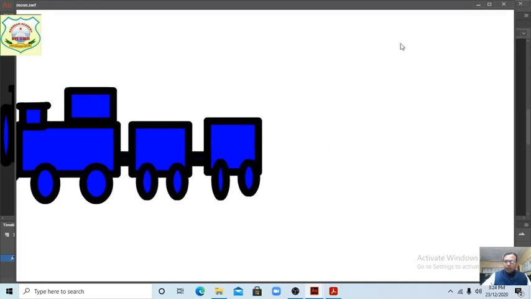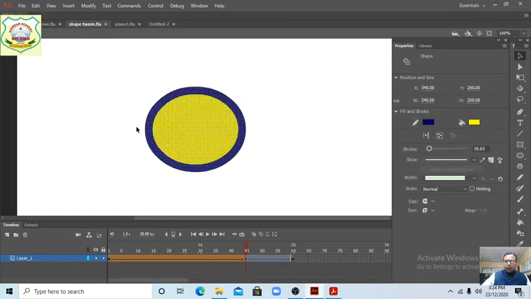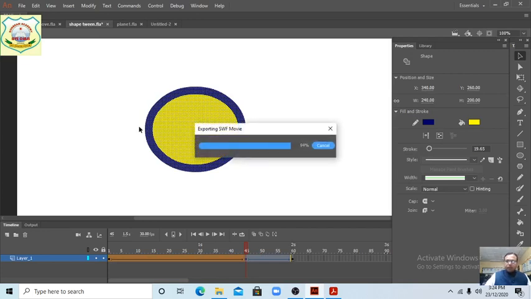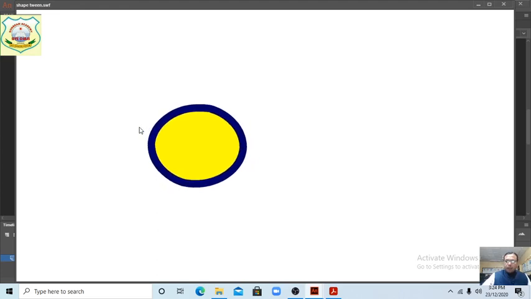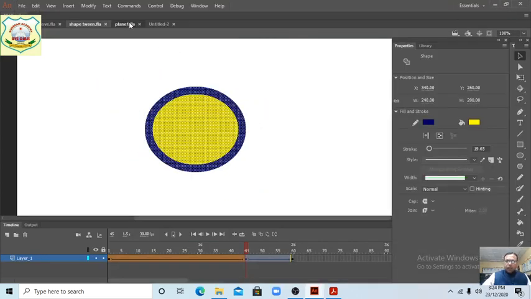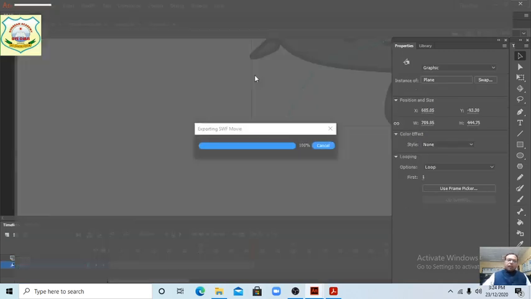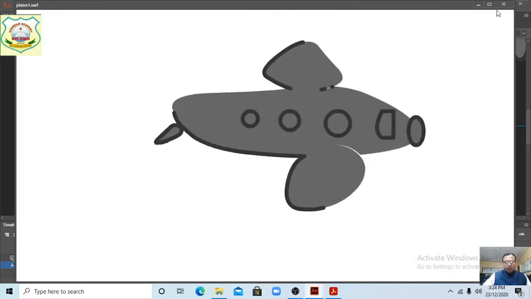Next, in the same class, the shape tween, how to change the shape tween. Then we also did animations on how to move the plane.